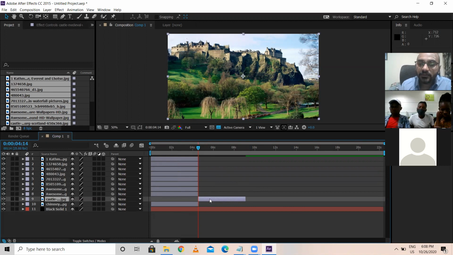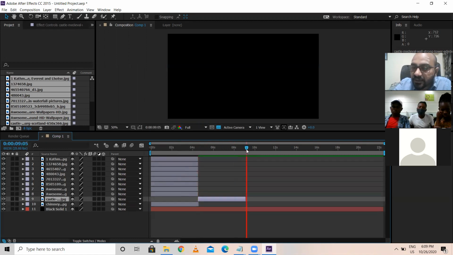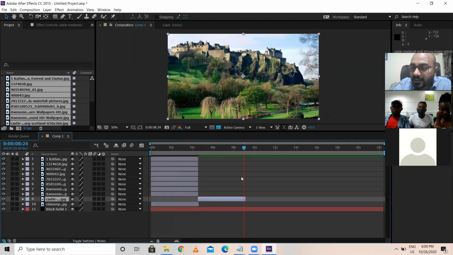I'll do it one more time. It is I, O, open bracket, close bracket like that. Now I'm selecting this layer. I want my indicator to go to the end point of the layer. We can do it manually, but I don't want to miss something, because at the end one or two frames will be left. So when I press O, my time indicator automatically comes to the end point.